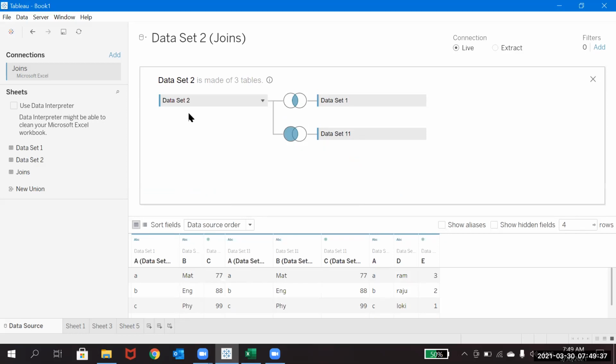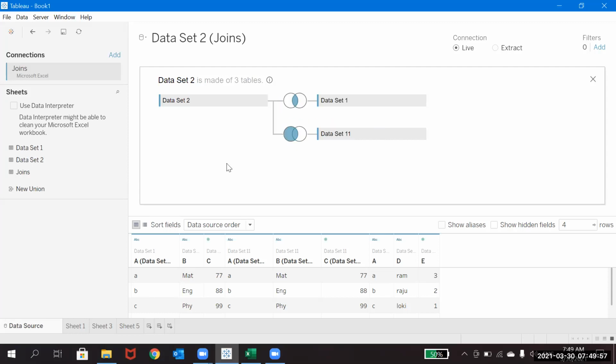So actually this is nothing but the cross tab join. Okay. So using one data set, you will be doing multiple joins. Here you have done an inner join, and you have done a left outer join. So this is cross tab.